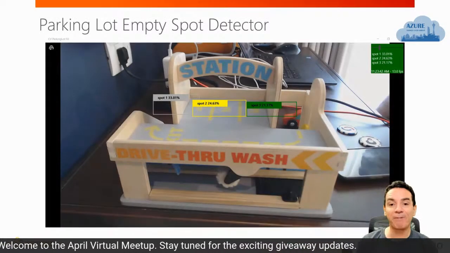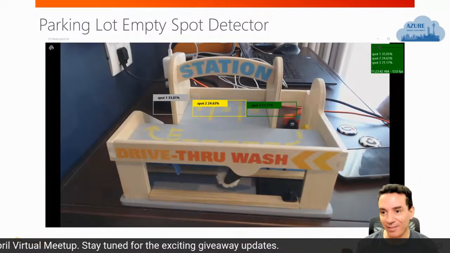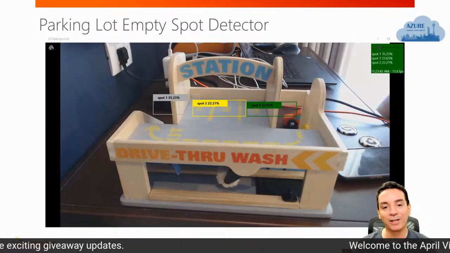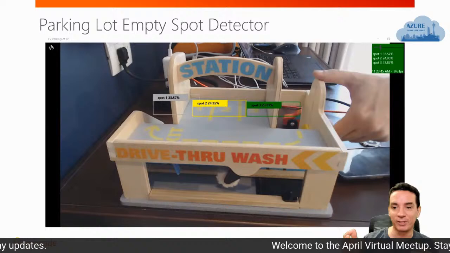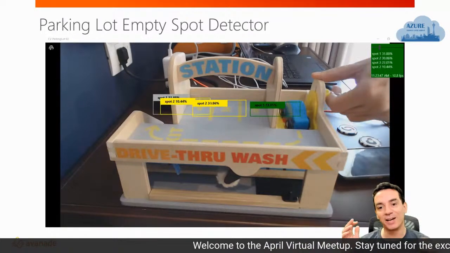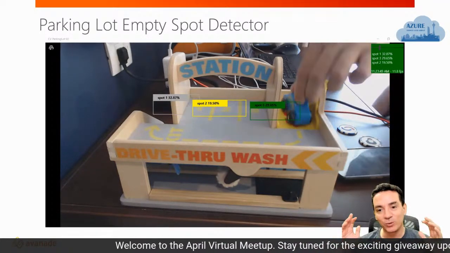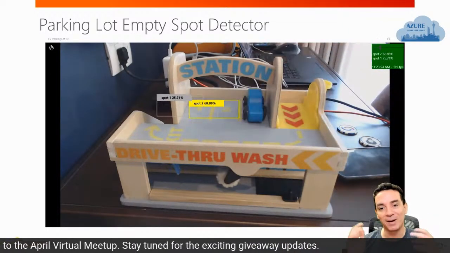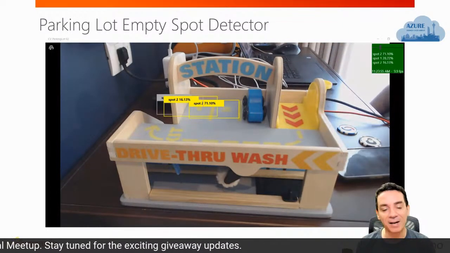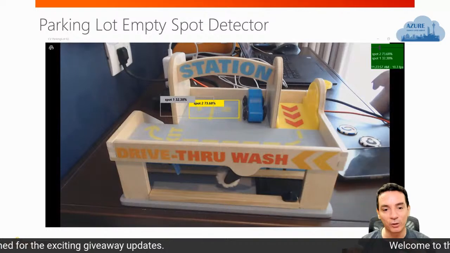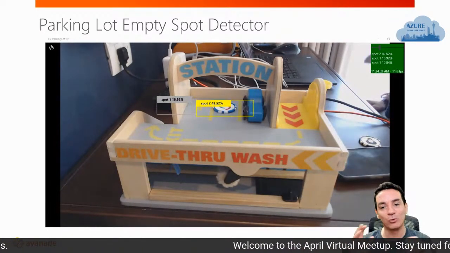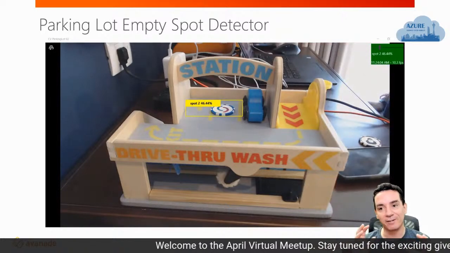And this is the final demo that we are going to build. I'm just going to share with you a video of what I built as a prototype. Basically, this was a toy garage, a parking lot that you can buy as a toy, and with the camera, I was spotting the empty places to try to figure out which ones are free or not.